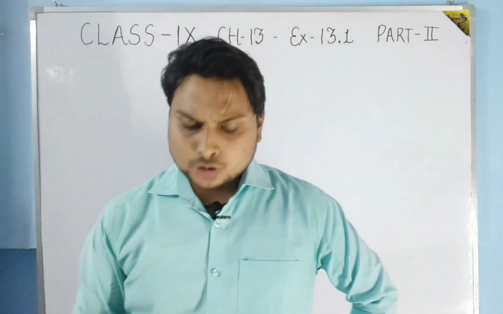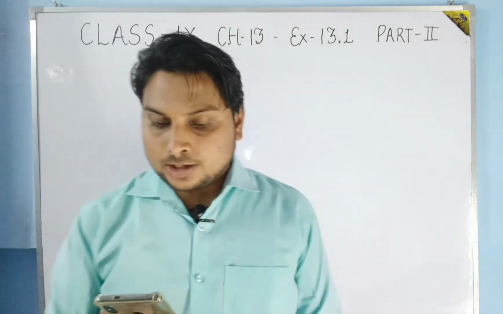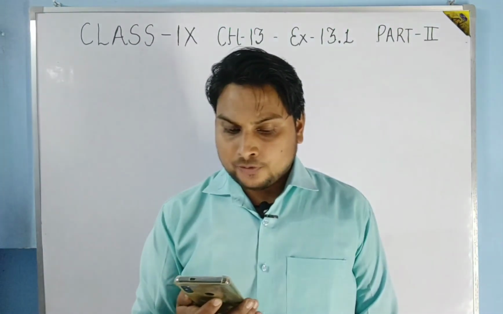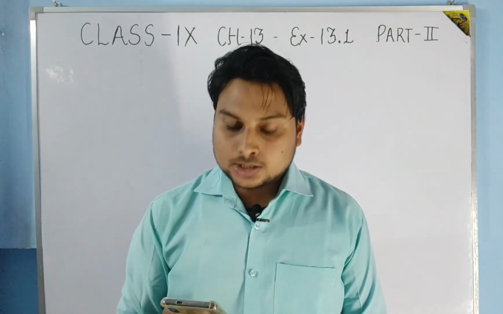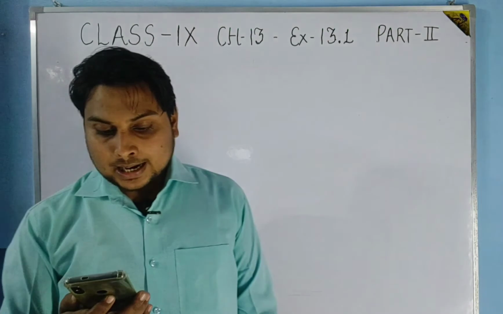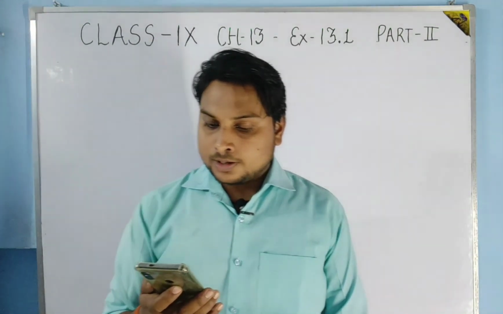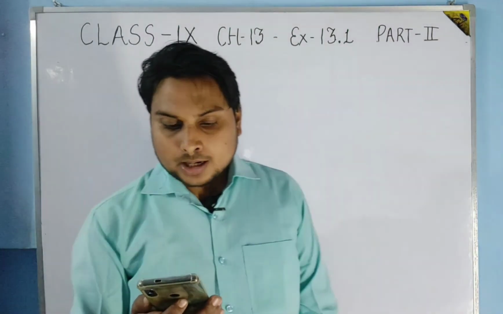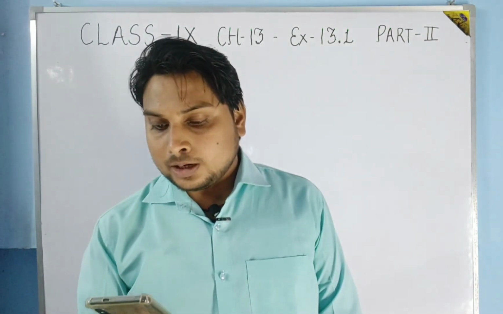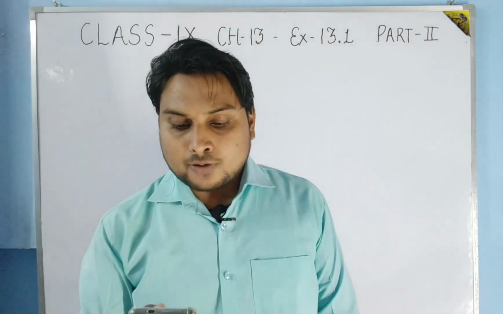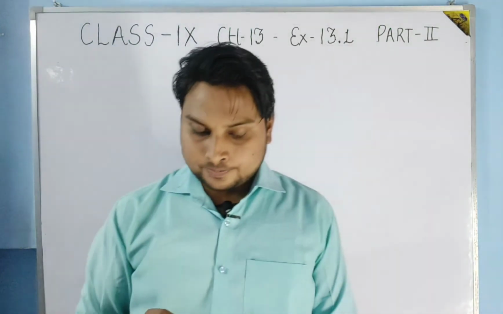Now coming to the last question, students. The question is, Praveen wanted to make a temporary shelter for her car by making a box-like structure with tarpaulin that covers all the four sides and the top of the car. Assuming that the stitching margins are very small and therefore negligible, how much tarpaulin would be required to make the shelter of height 2.5 meter and base dimension 4 into 3?